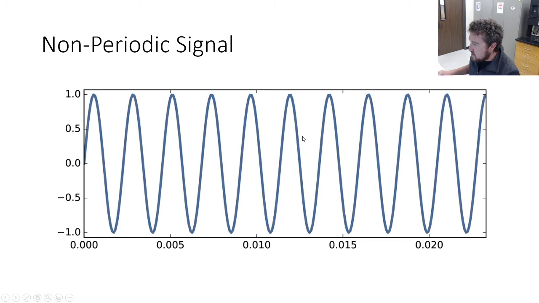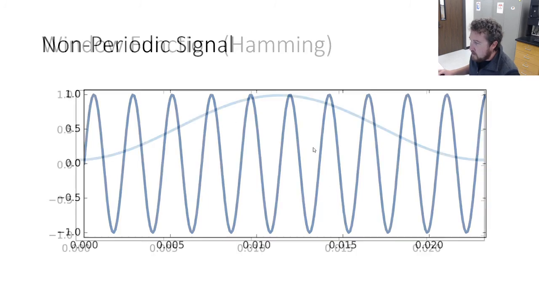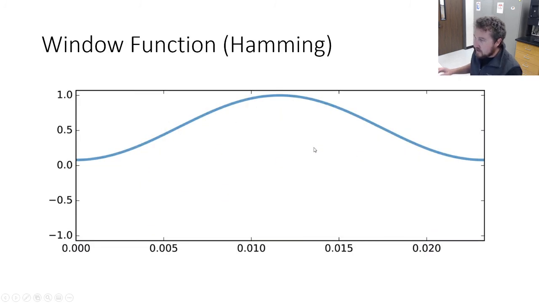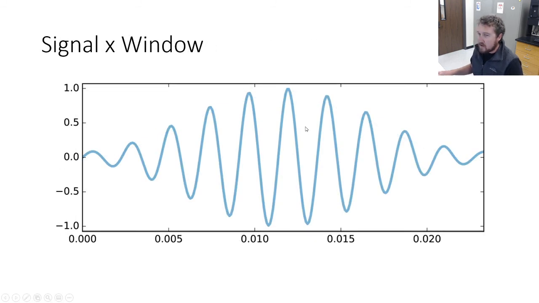So a window function says, let's take this and multiply it by a signal that looks like this. This is a window function. Specifically, this is what's called a Hamming window. There are a bunch of different types of window functions, but this is one of the most popular. So we're going to take this and multiply it on our segment. It starts basically at 0 and goes almost to 0. And it's not hard to see what's going to happen here, right? When we multiply this by our signal, we're going to get something that looks like this,